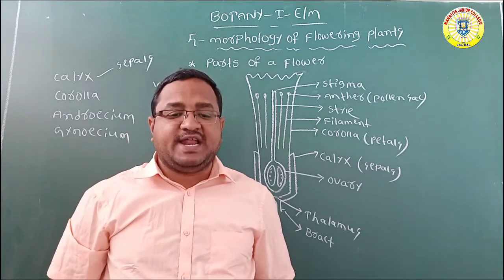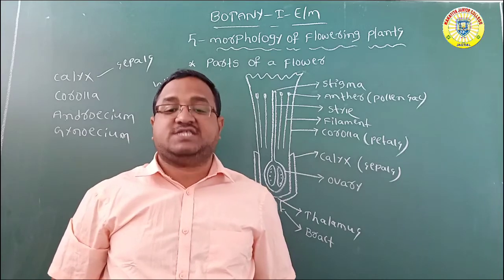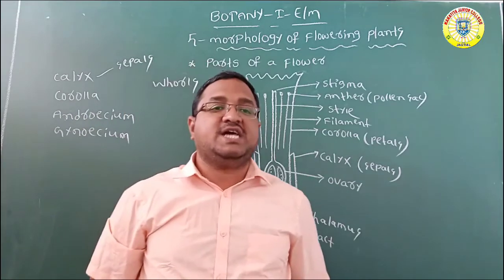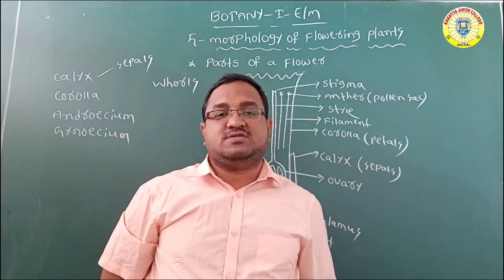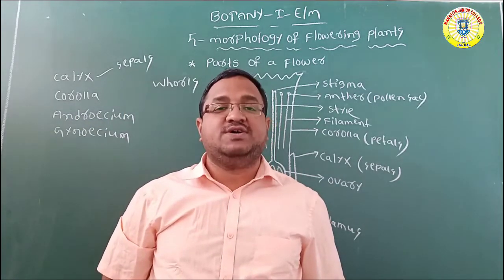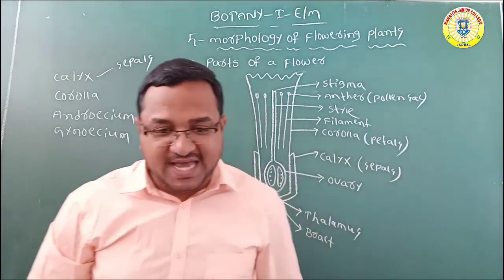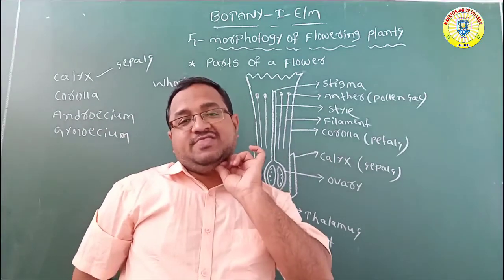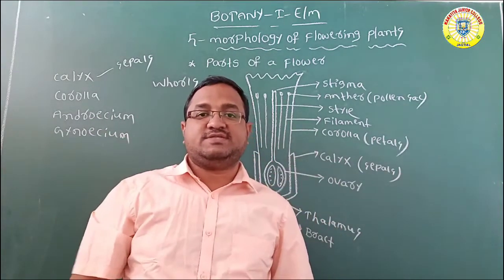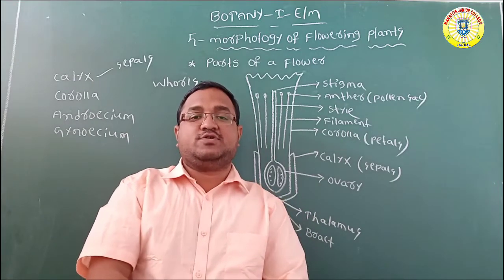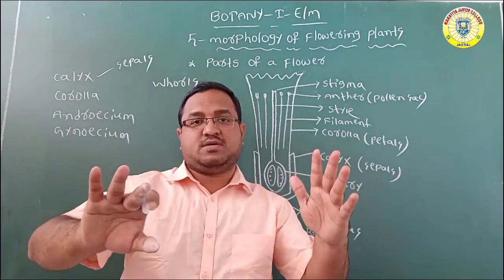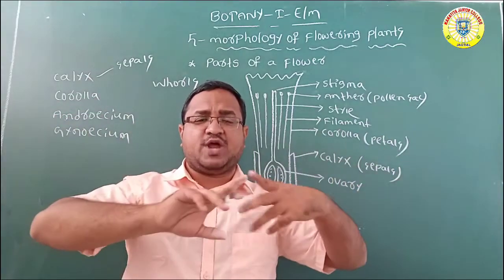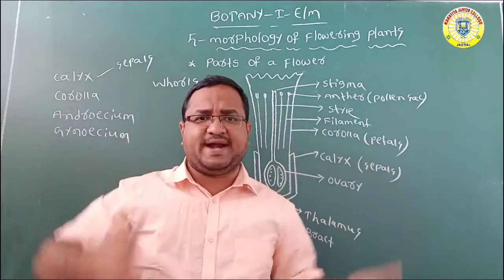Generally sepals are green in color. These are leaf-like structures that protect the flower in bud stage. In bud stage, the flowers are protected with the help of a green leafy structure, which is called calyx. Suppose the calyx is composed of sepals. These sepals may be united, meaning combined, or they may be separated.